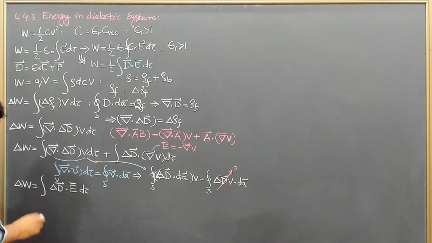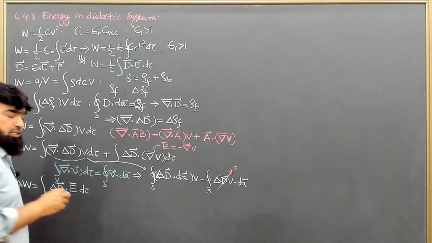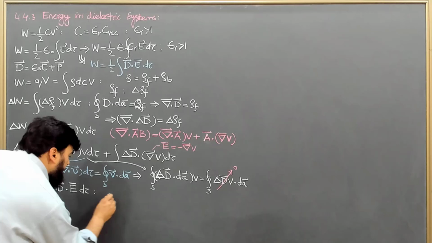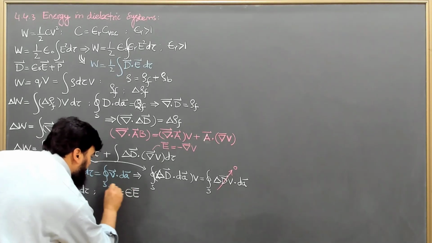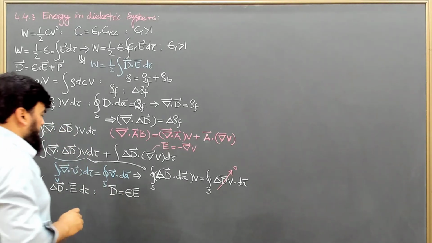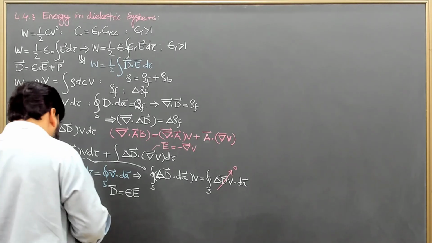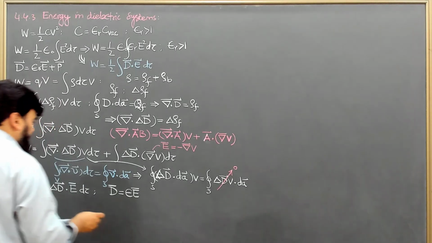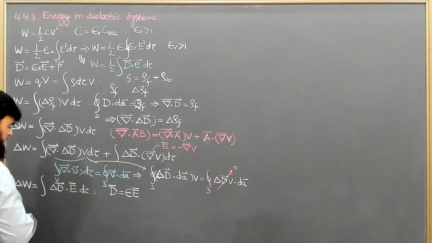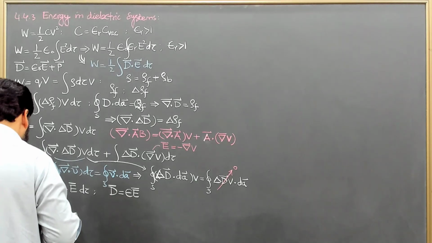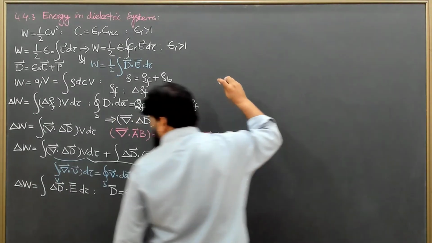Now this relation applies to any material. But if I consider a dielectric material, then I have D equal to epsilon E, where epsilon is the permittivity of that medium. So for D, I can write epsilon E here. Now what I need to find out is what delta